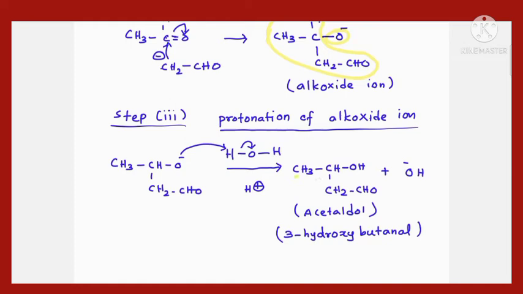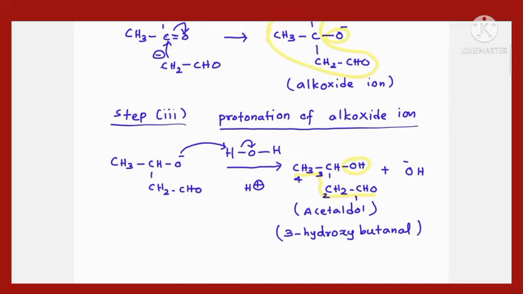Actually in this compound, this is the longest carbon chain, with carbon number 1, 2, 3, 4. So I give the numbers, then you can easily understand. So I give the numbers as 1, 2, 3, 4. So butanol, in the third carbon there is an OH group. In the third carbon there is an OH group. That's why 3-hydroxybutanol. Okay, right.